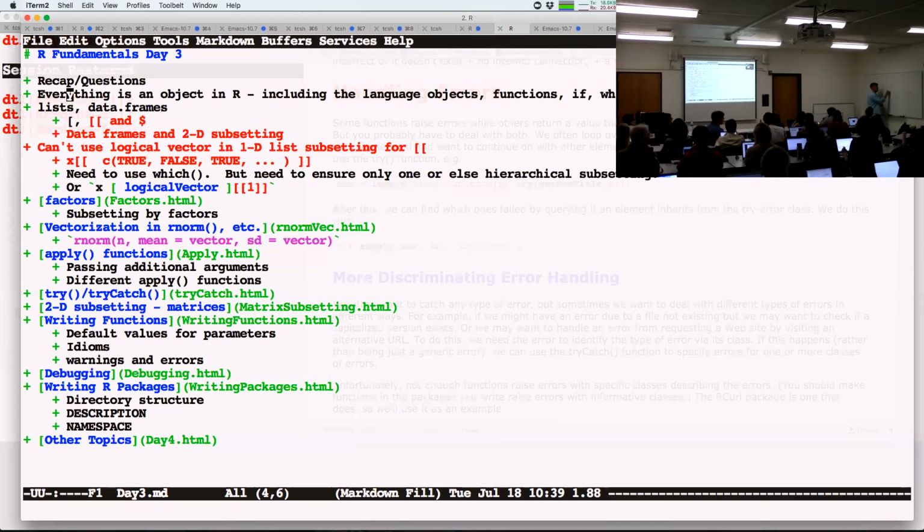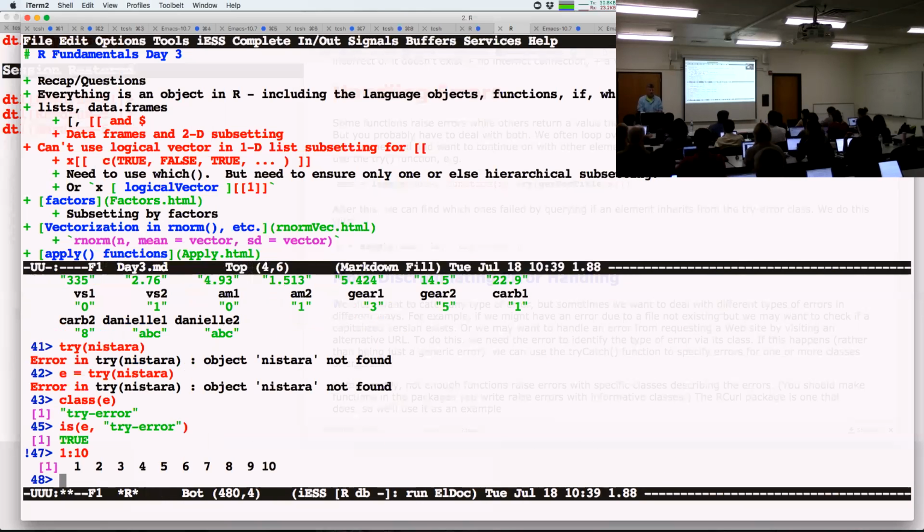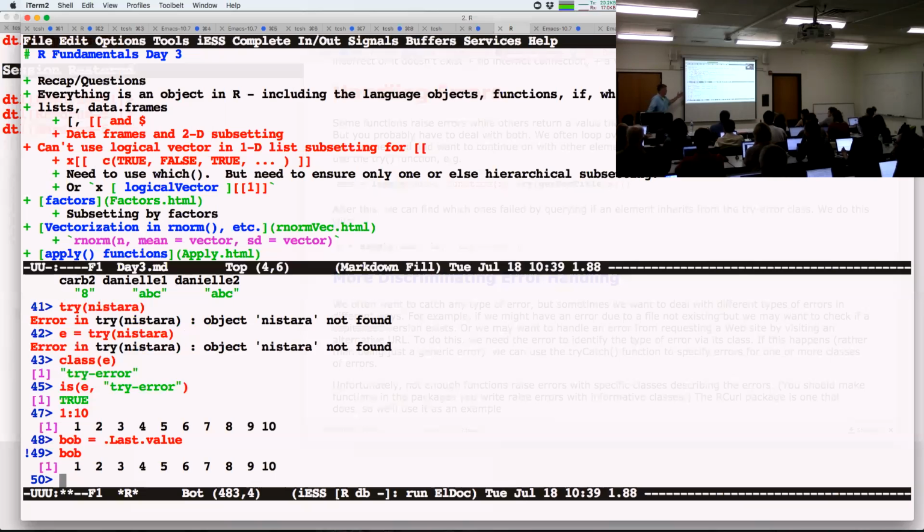So that's also why you'll see this thing called .last.value. Have you come across this? When you issue a command over here, I'm getting all answer the equal sign. But when you say 1 through 10, suppose that took half an hour, and you go, I really should have assigned that to something. Well, let's just go .last.value, and I'll call that Bob. And there's Bob. So when you forgot to assign it, R automatically squirrels it away. The next time around, it'll overwrite .last.value. It'll always be the value of the last successful command. So this is another way of doing this, and this is the history of this stuff.